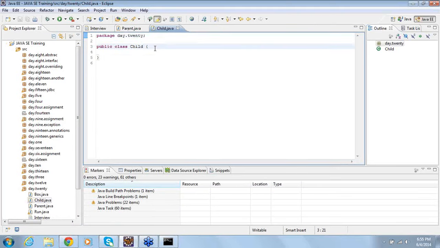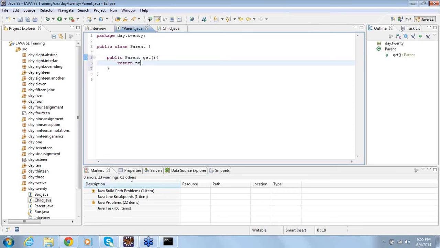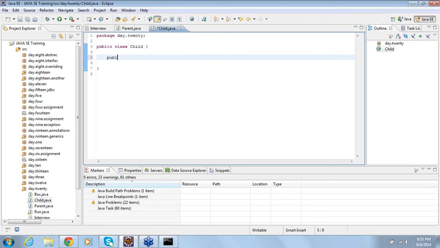Now in the parent class, I am defining a public method get, and the return type is parent. Fine. Now in the child class, I am again defining a method get.